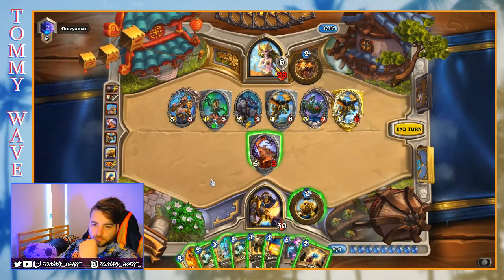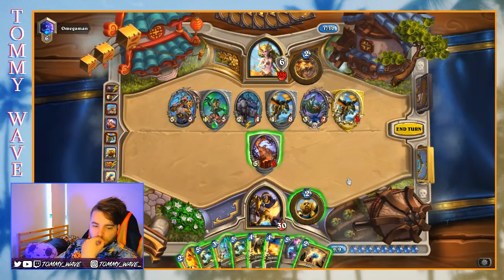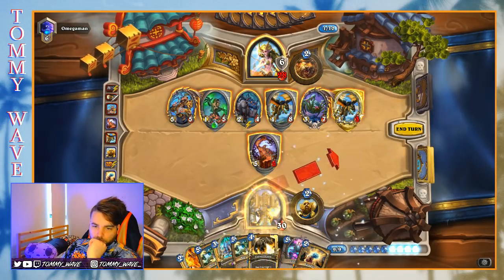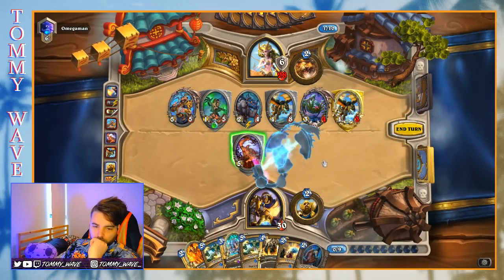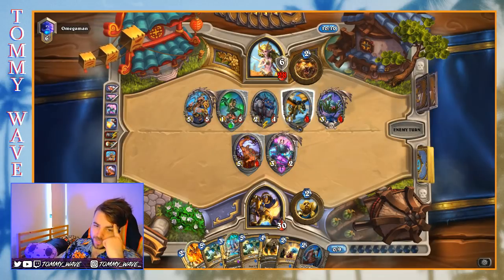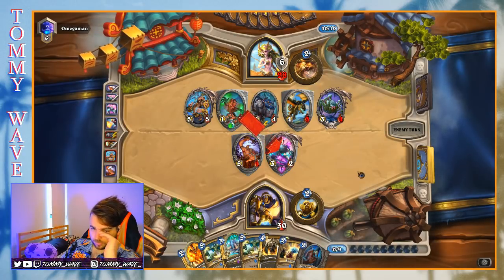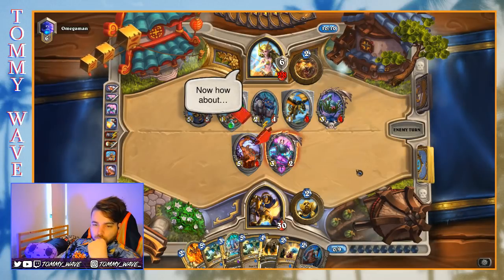What do we do about this, friends? Unity, precision, trinity. We have to try and crack this Hadronox. And then Pyro quality. We might be able to get a turn where we can, like, Pyro Consecrator quality. Now, how about...